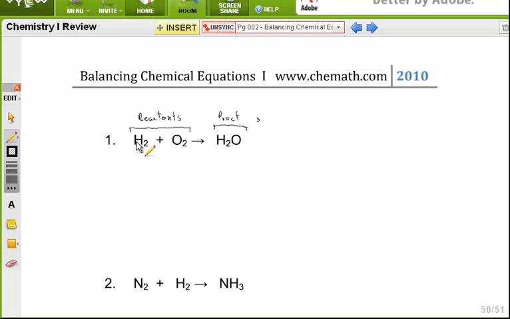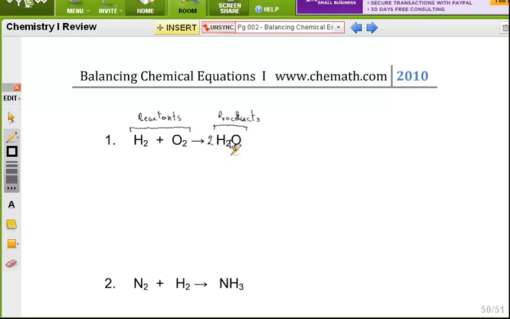So right here we have two atoms of hydrogen on my reactant side, and we have two atoms of hydrogen on my product side. So the hydrogen atoms are balanced. But if we look at the oxygen, we have two atoms of oxygen in the reactants and just one in the product. So we have to balance. The way we balance is we're going to put a factor of 2 in front of my compound in the products. So we have two